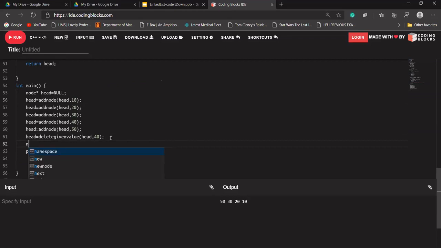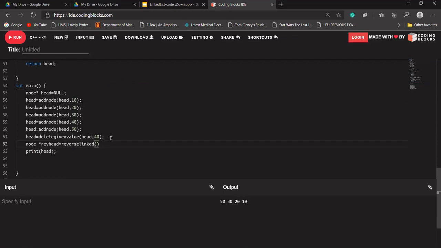And let's create a pointer, reverse head. A new linked list will be created, and its head should be stored somewhere, so we'll store it in reverse head. So let's name our function reverse linked.